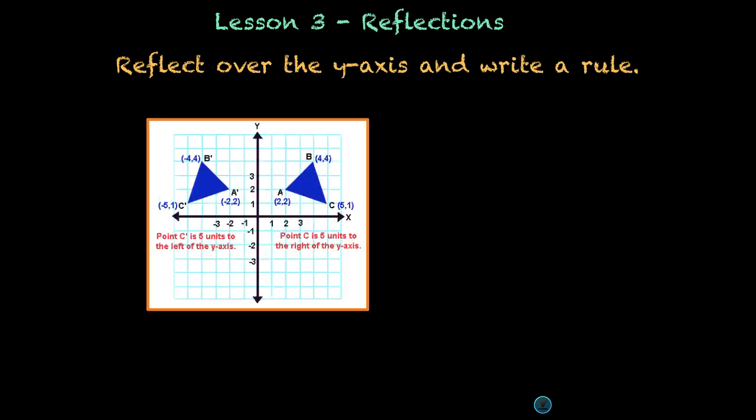Now let's look at how to reflect over the y-axis. So let's find our original triangle here. It looks like it's to the right because we have triangle ABC, and our image is to the left because this is A prime, B prime, C prime. Let's think about what we did here. If we start off with the A coordinate, which is at (2, 2),